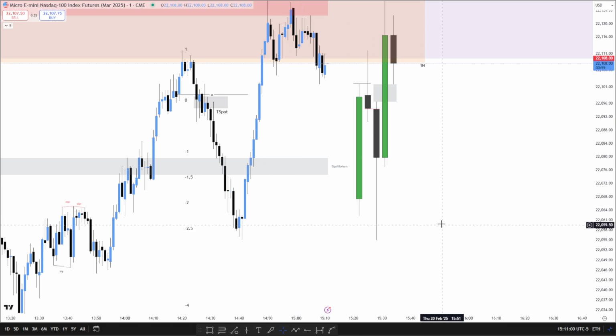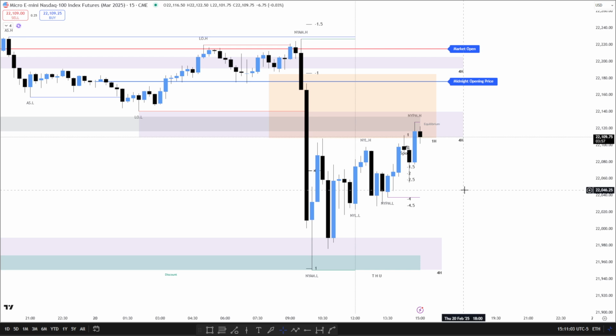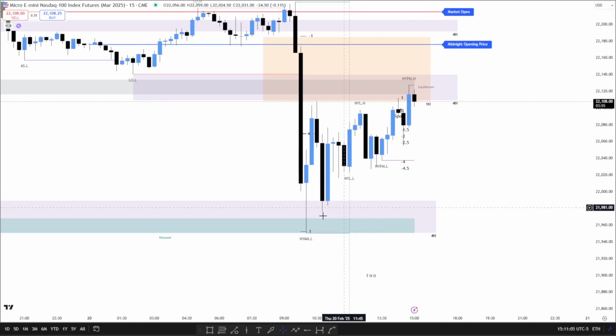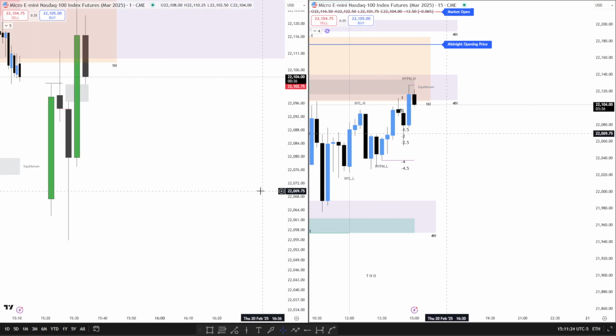And that's essentially, let me get back to the 15 here. That's essentially what this area is down here. We went through it, went to this bottom of the 4 hour here, rejected, but if you go up to the daily chart, you can see that we came inside the daily fair value gap and then turned around as well. So lots of confluences for the reversal here,